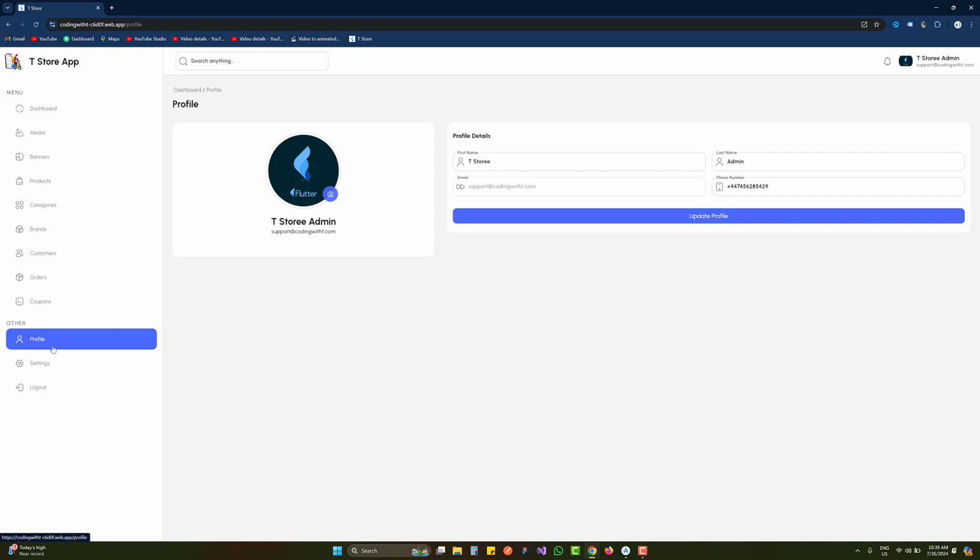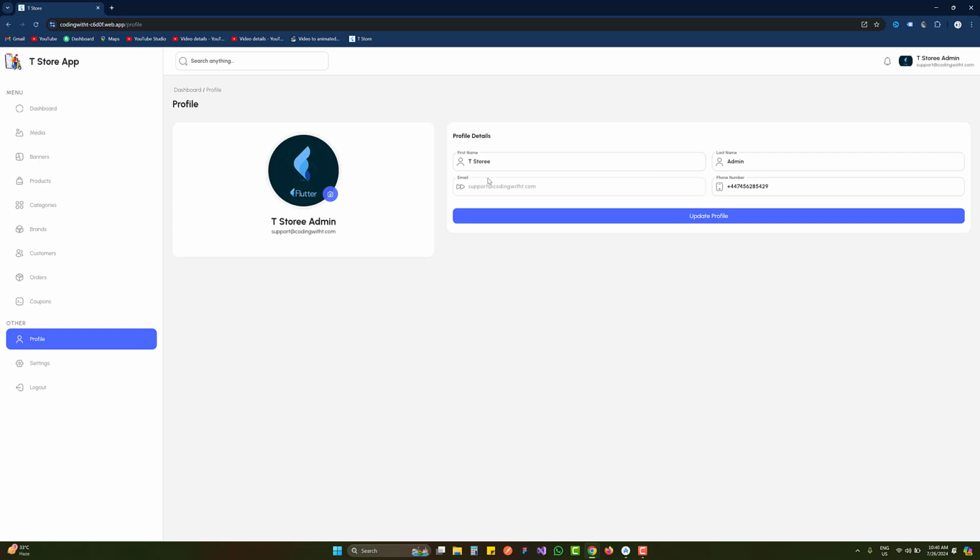So what I'm going to do in today's tutorial is work on one thing, which is profile or settings, and I will leave the other thing with you so that you can update it as an assignment. So what we have to do in the profile, you can see we have one image over here. By clicking on this icon, we are updating this profile image. And on the right side, we have a form. By clicking on this form button, we are updating this form information.